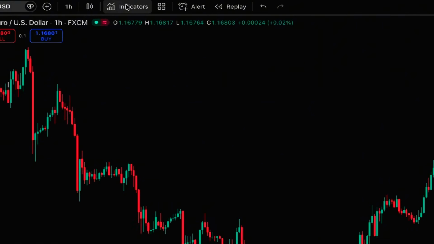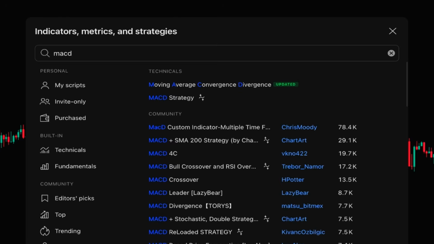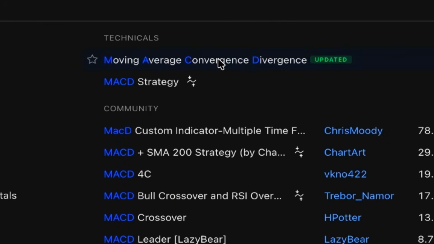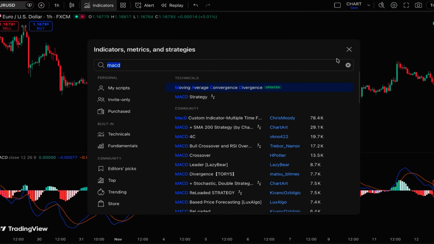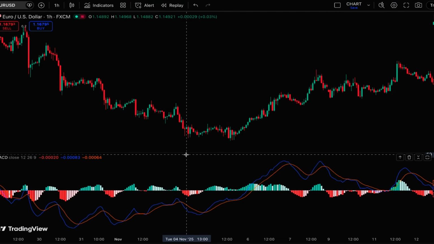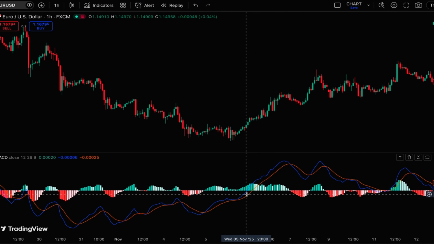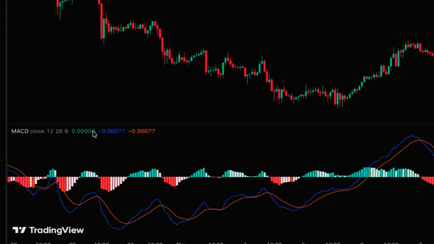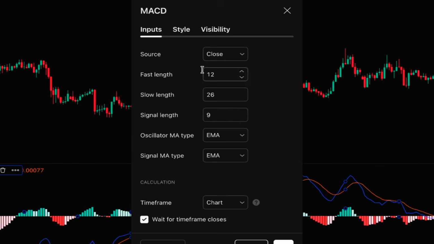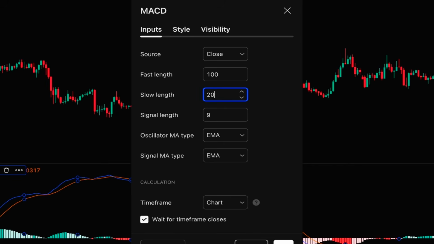Here we click on indicators and we search MACD, this one. Moving average convergence divergence, but we need to change its settings because MACD with the default settings is not suitable for trend identification. So here we go to the settings of MACD and here for the fast length we set it at 100. For the slow length, we set it at 200,